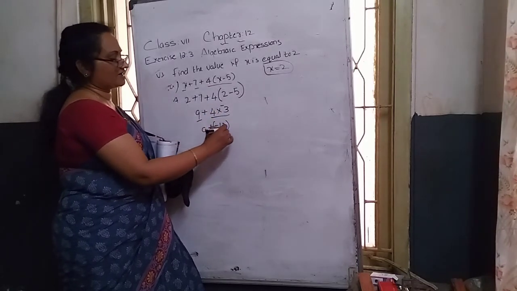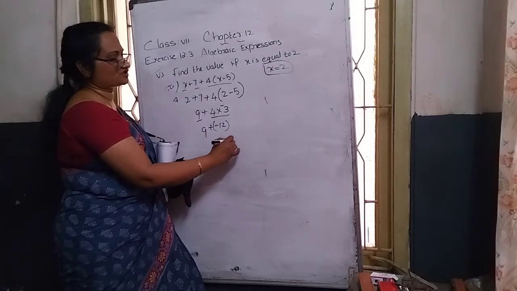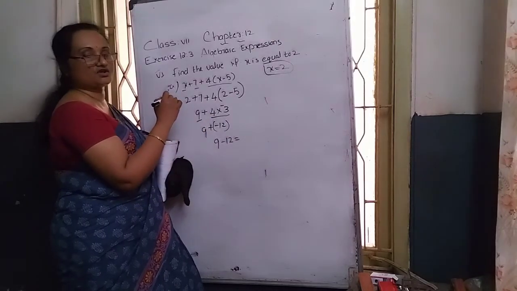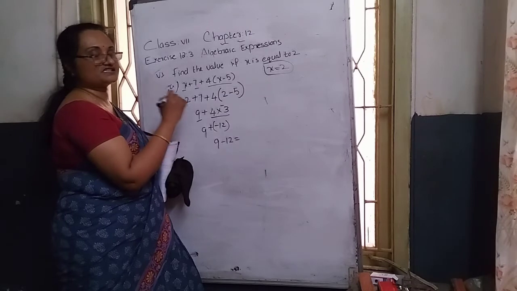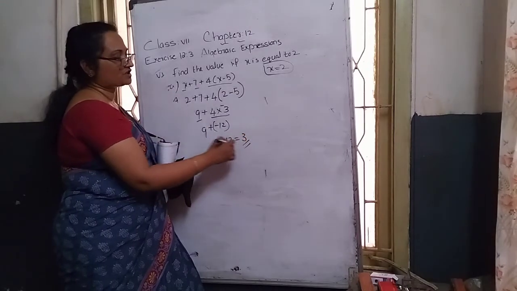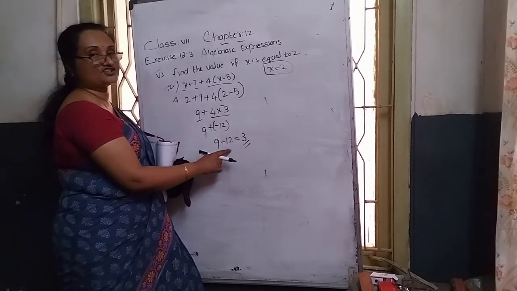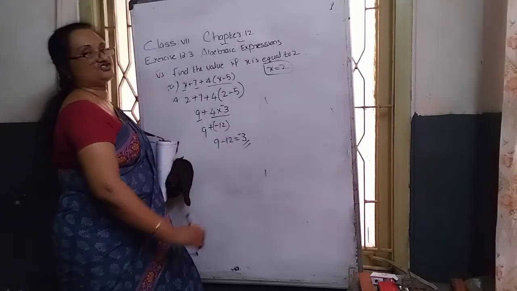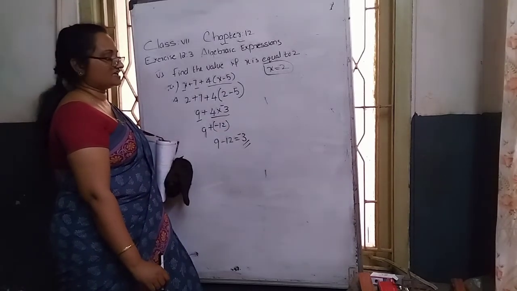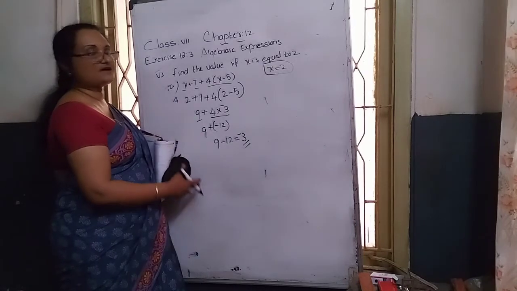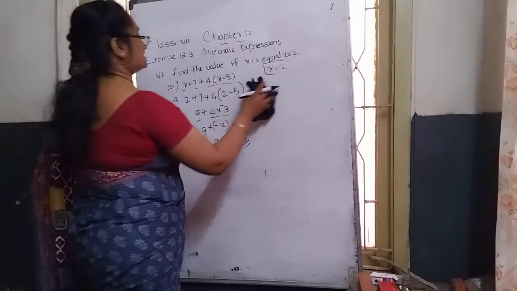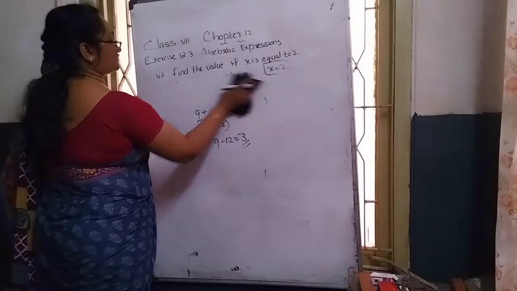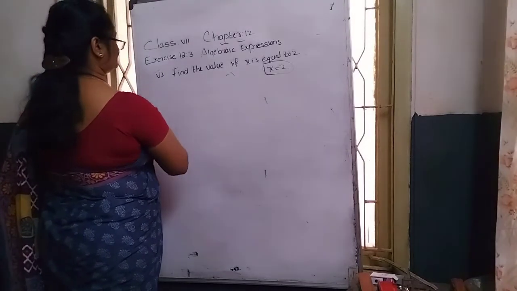Minus 12. Again 9 plus minus 12 comes to be how much? Minus 9 minus 12, or 12 minus 9, becomes how much? 3. Which number is greater, 9 or 12? 12. Then after that, sign checking: looking down, the sign is minus, that's why the answer becomes minus 3. Again the same model, one more question, B question.